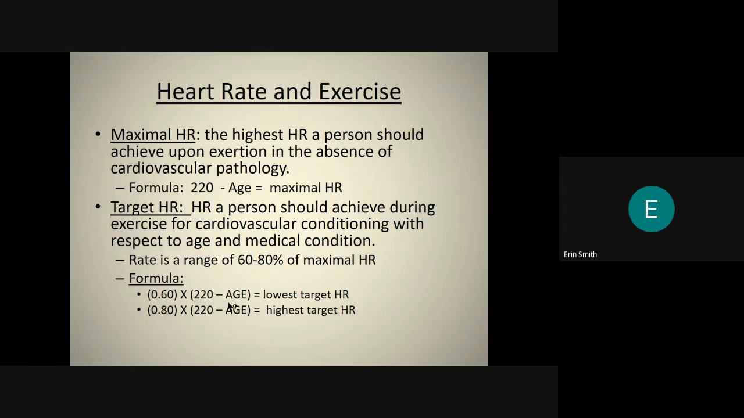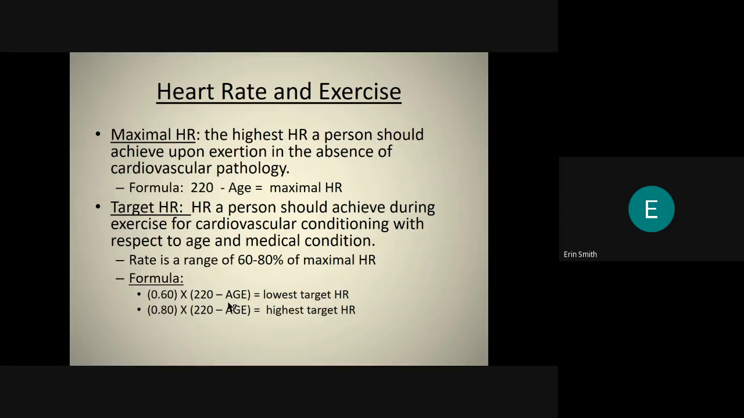So I'm just going to give you an example. Let's try to apply these formulas for somebody that's 30 years old. I'm going to give you a couple of minutes to figure out what their max heart rate would be. Hopefully I don't have to give you too long. Just as an FYI,